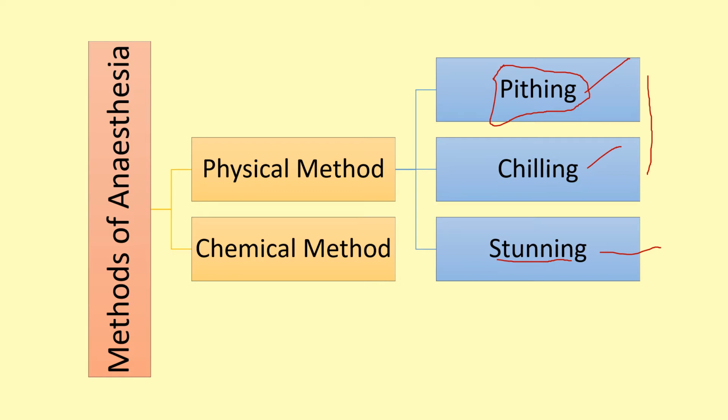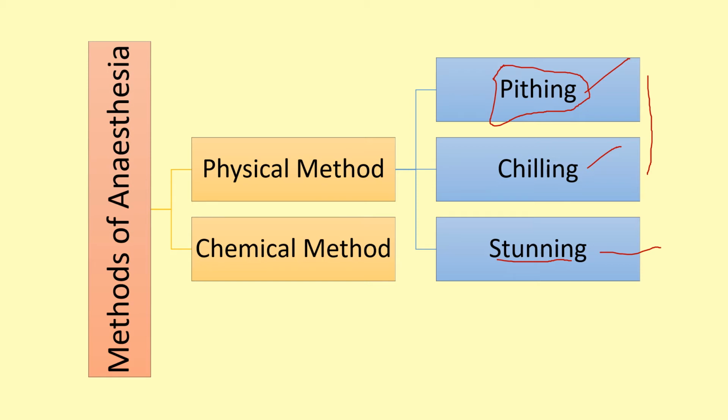This pithing needle you have to move over the dorsal part of the frog. When you are moving on the dorsal part, at one point you will feel a depression or a cavity. Depression or cavity means that the needle will slightly go inward. That is known as the pithing point or occipito-atlantic junction.